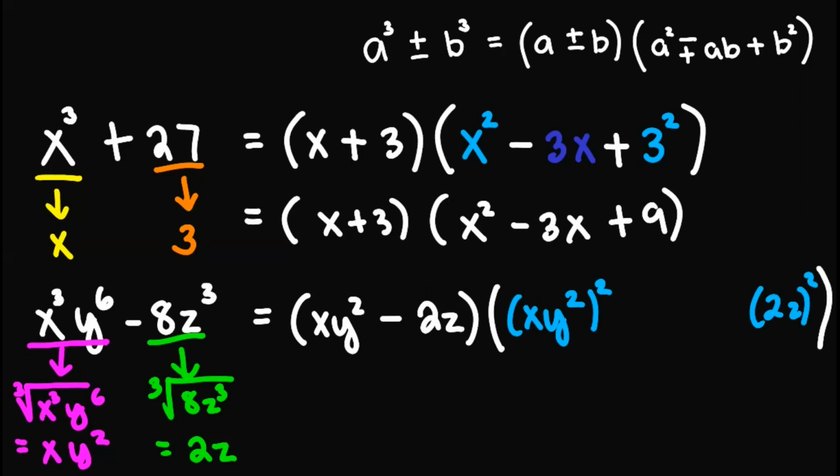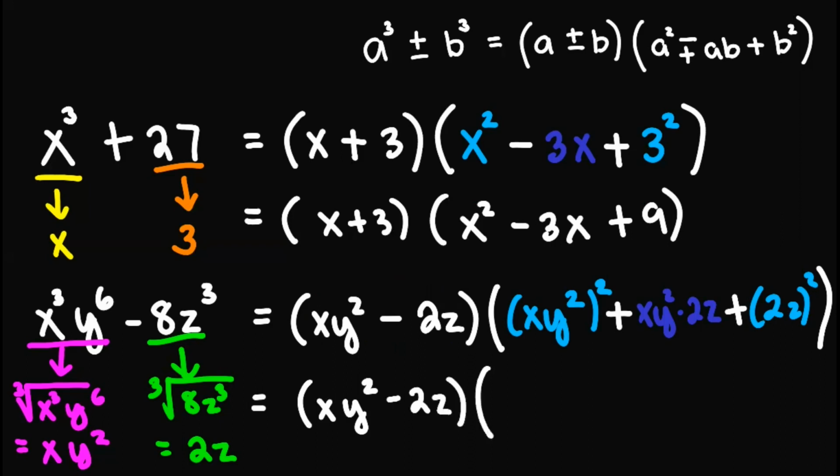And for the middle term, we simply multiply these two. So we'll have xy squared times 2z. And for the sign, again, since this one is negative, we take the reverse, which is positive, and always positive out here. Simplifying, we'll obtain xy squared minus 2z times